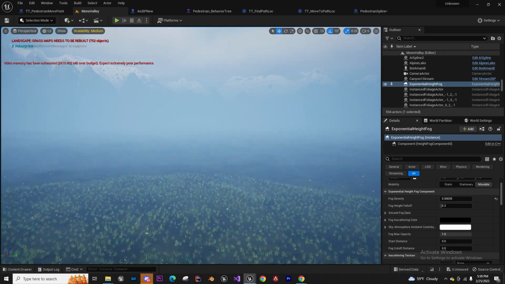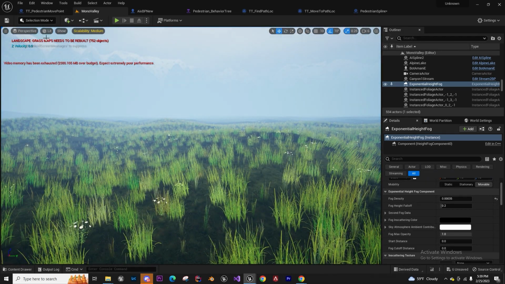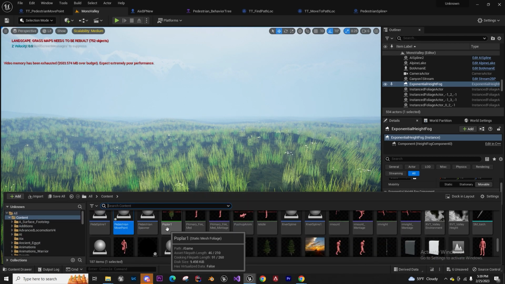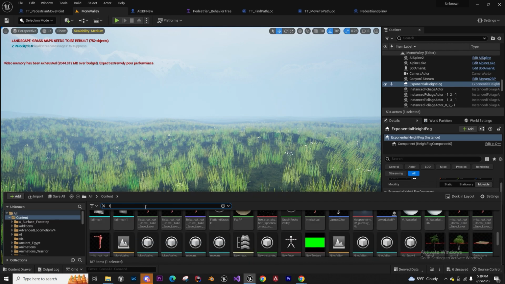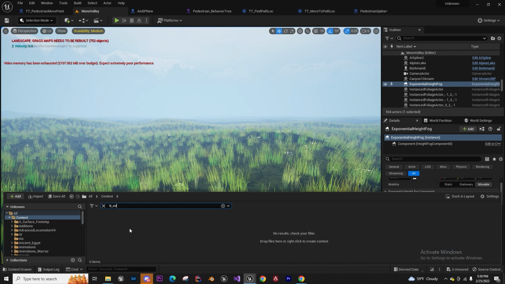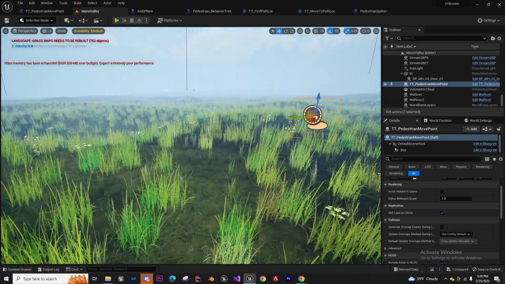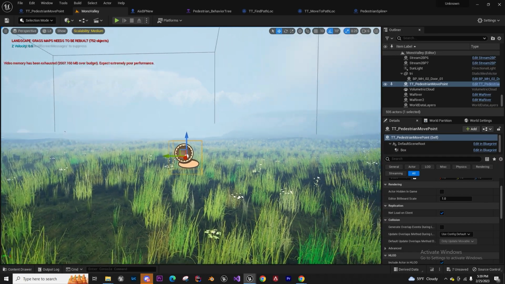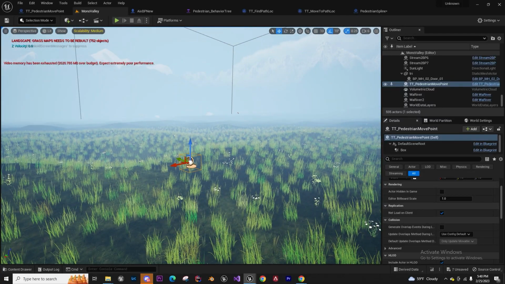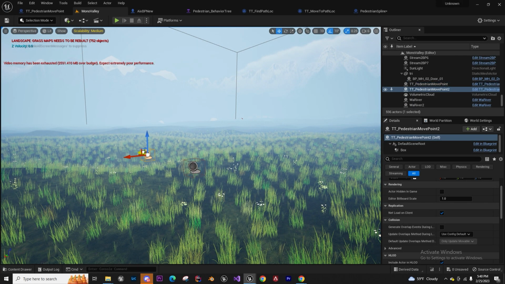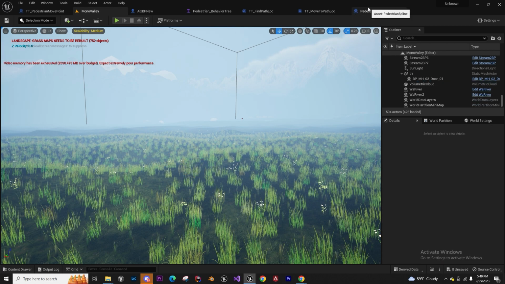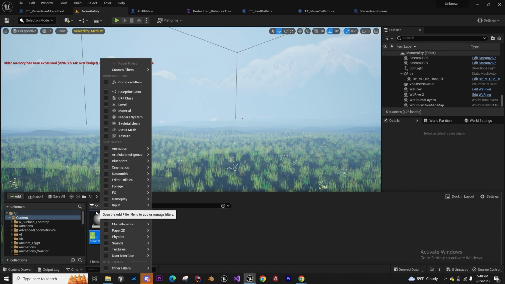Go somewhere else. Drag this into the world. TT Move. Where is this? Drag this into the world. So this is a point. So by themselves, you could drag 100 of these and, like, alt and duplicate them and set them like this, or you can use this pedestrian spline that we just created, which is